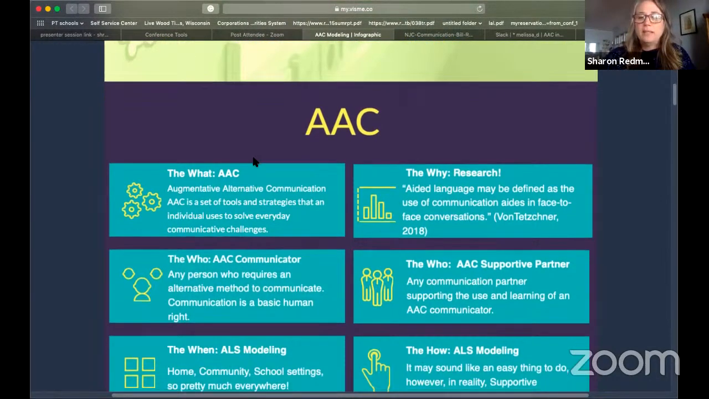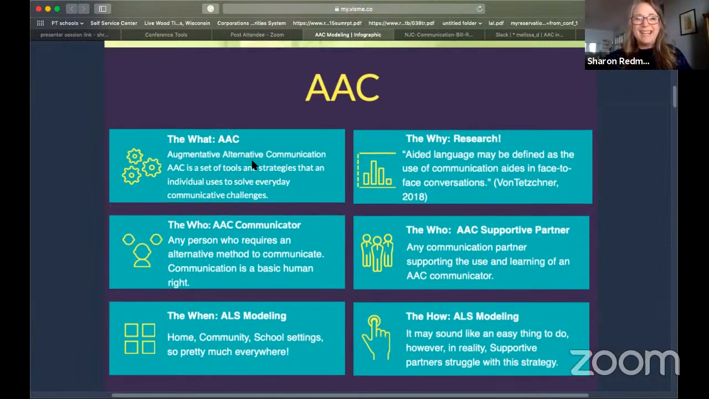So we're going to be focusing on 6 areas today. Really, what is AAC? It's the use of these tools and strategies that involve everyday communication challenges. We're going to look at the research and the why AAC modeling is so important, and really talking about that AAC communicator. We know that communication is a basic right, and looking at the different models within AAC, within assistive technology, looking at things like the HAT model,